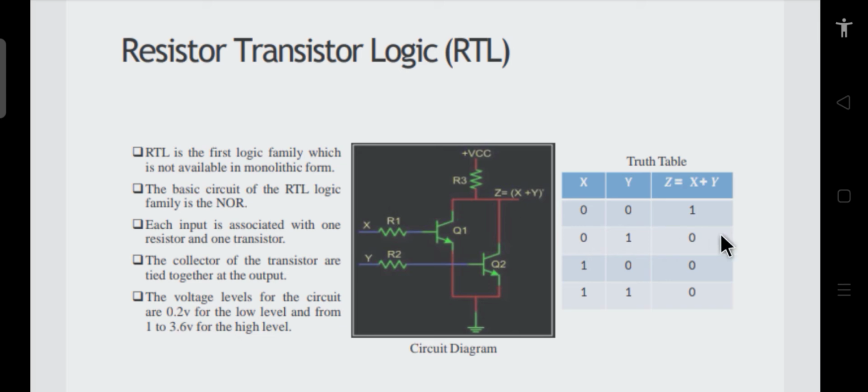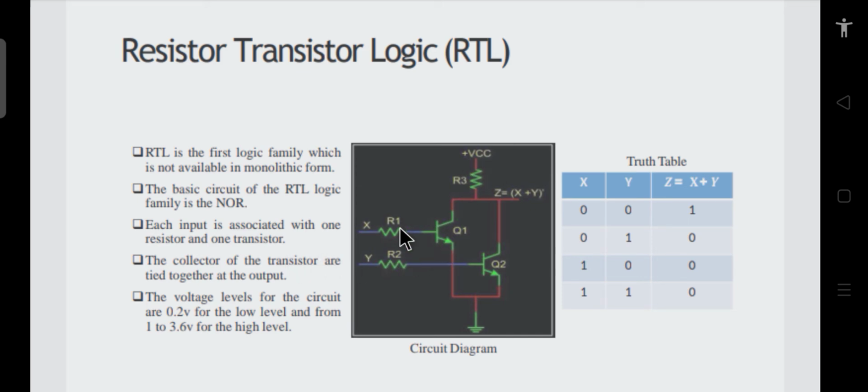If we connect two transistors along with some resistances in this way, this is the circuit. Let's say we want to realize a two input NOR gate, so there are two transistors which we have to use, along with two resistors. The circuit is connected in such a way that the collectors of the two transistors are shorted together and one output is taken from there, whereas the emitters are also shorted and commonly grounded. The collector is connected to some resistance and that is connected to the supply voltage. So this is how your circuit looks.